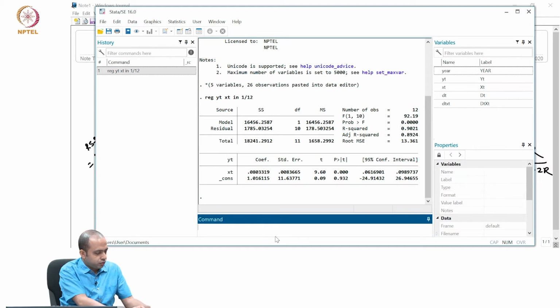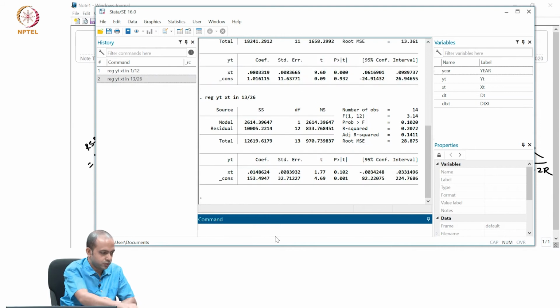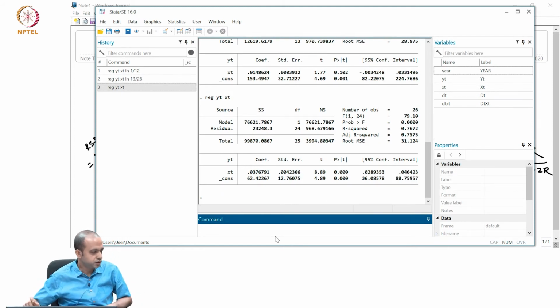And the second regression is reg yt xt in 13/26, okay, press enter, and then another for the entire period, yt xt. So, now you have to collect the RSS from all these models and calculate the F statistic. So, from the restricted model, RSS is